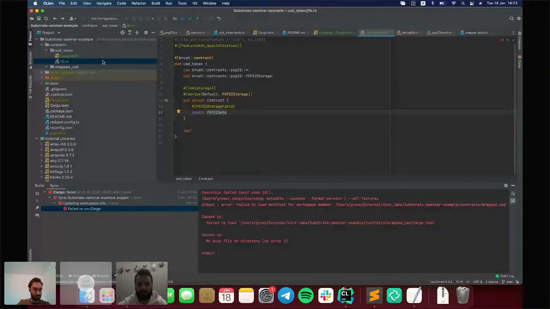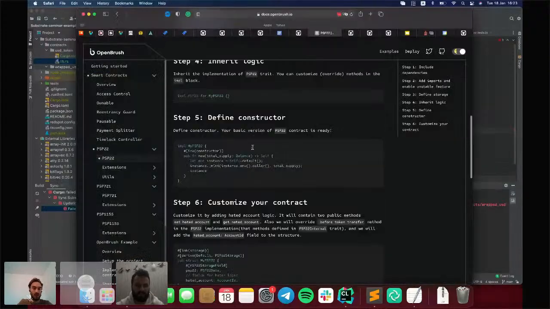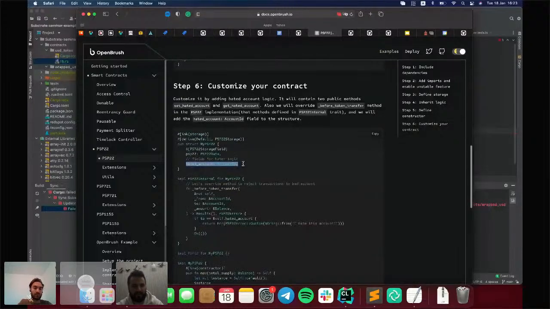So, yeah, do you want to ask something? Yeah, and of course you can add anything you want in the storage if you need something more, right? Yeah. In OpenBrush, we described how you can, for example, add an additional field like a hated account, and then not allow transfers to that account.